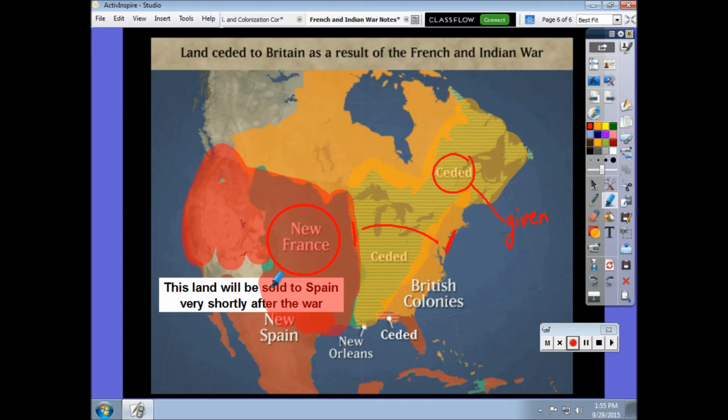And so really we have two countries now that are going to dominate North America, the British and the Spanish. And notice that the Spanish also own Florida, of course. That hasn't changed. And most of the Caribbean islands. France is then left with this little bitty island down here, Haiti. That's all they have left. And at this point in the history of the United States, the British are in complete control of the eastern part of the continent, and the western part of the continent is still under Spanish control.